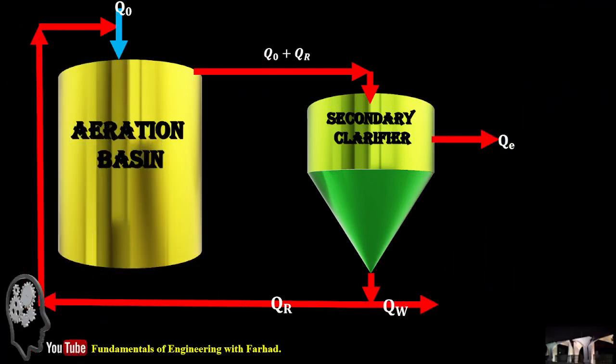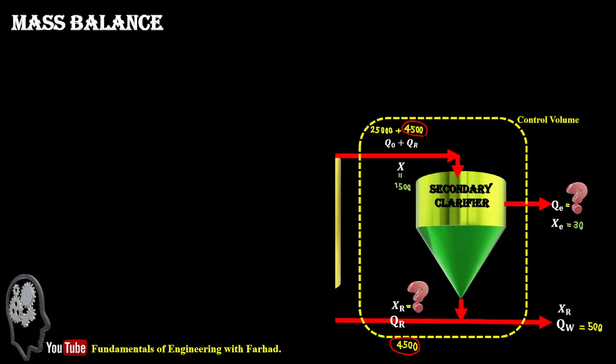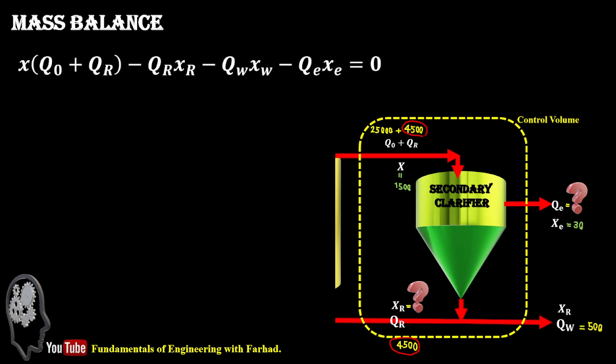By having our control volume around the secondary clarifier, we can easily say the Q in should be equal to Q out. Whatever comes to the secondary clarifier should be equal to what goes out, times their concentration. Consider that one as well. So X, the concentration of incoming flow rate plus recycled, minus the Q recycled times the